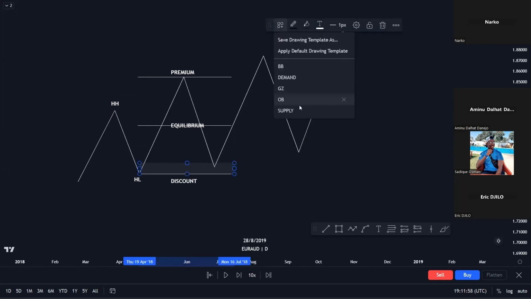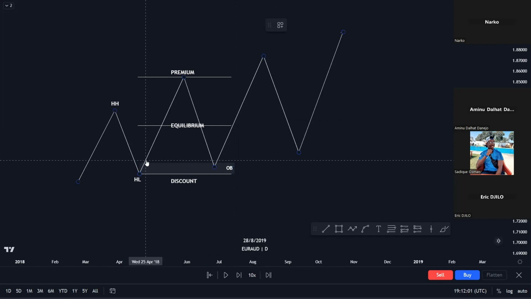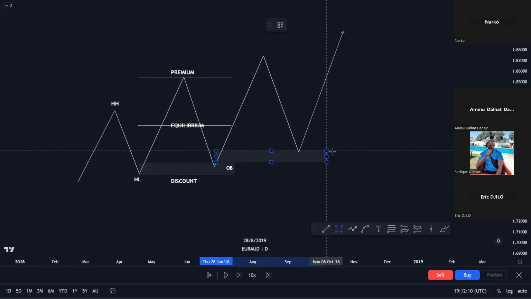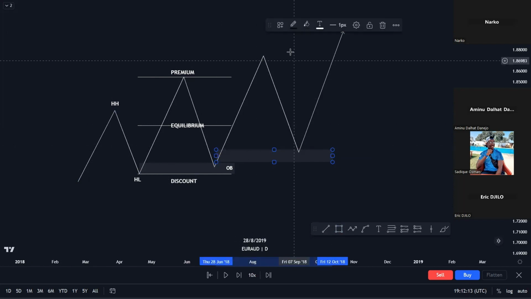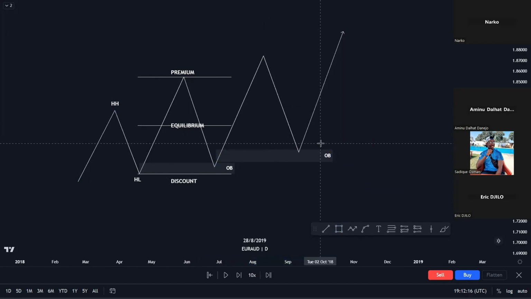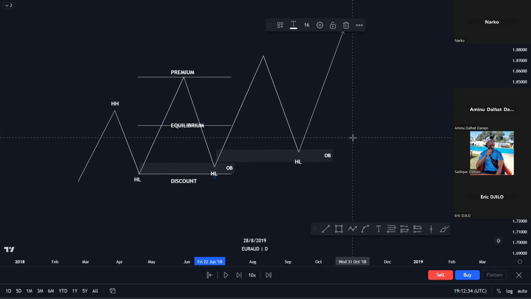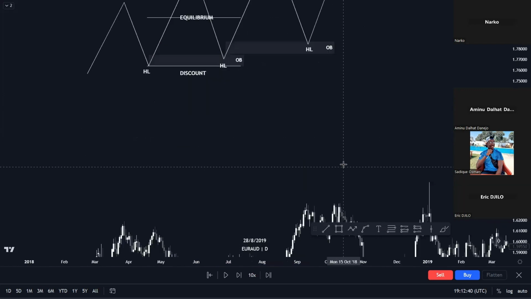Okay, so now order blocks. This here will be your order block, meaning that it's the last selling candlestick, or the last candlestick within your bullish trend. And here you'll find it again, whereby it's the last candlestick within your bullish trend. Price will respect it and push to the upside. Okay, and once price respects your order block, it will create your higher lows, and your higher lows will push price to the upside to violate your previous higher highs. Okay, so now let's move on to the real market example,